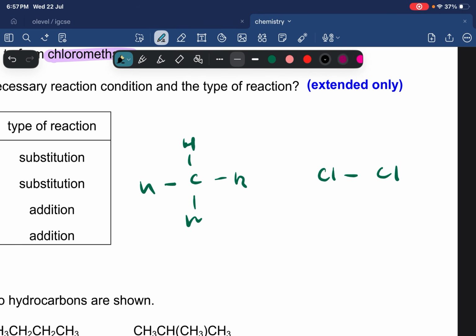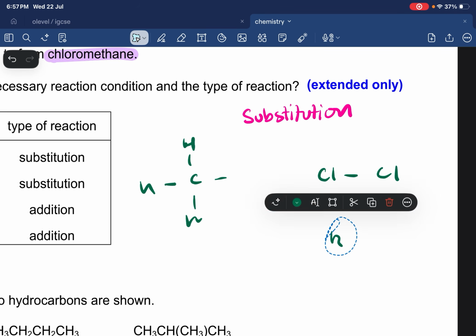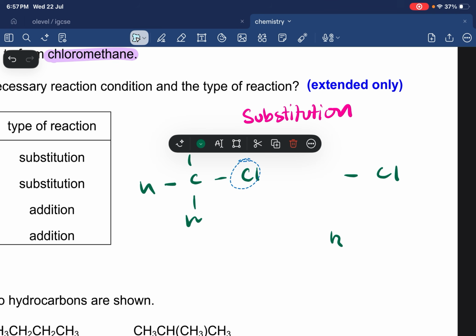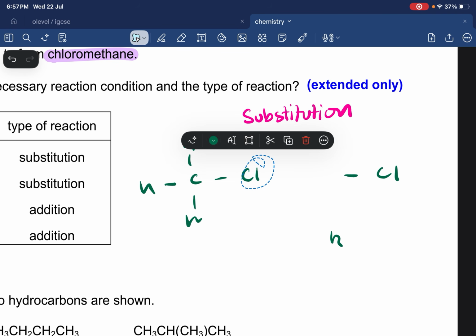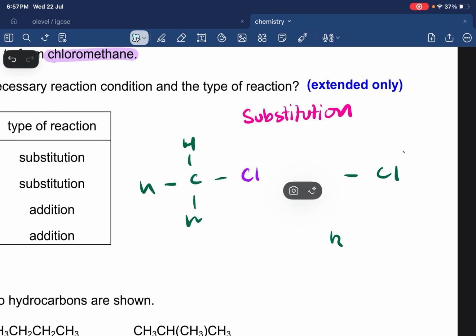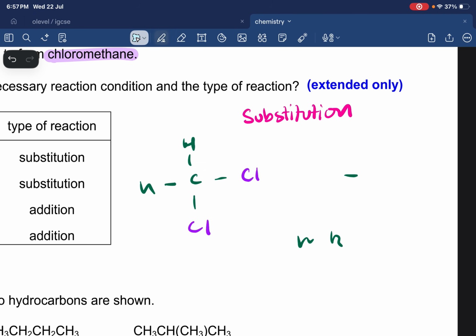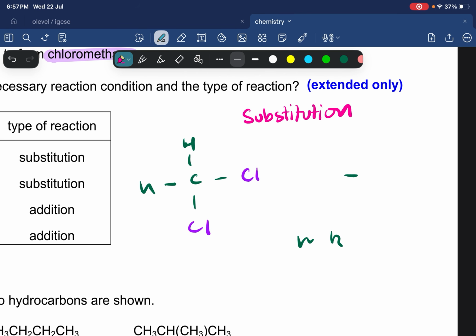The name of the mechanism is free radical. Just forget the free radical. Remember the substitution part. It's going to be a substitution process. How? This hydrogen is going to be substituted by a chlorine atom. And then, if you allow the reaction to continue, this chlorine atom is again going to come here and replace this hydrogen like this. Got it? So what do you form? You form dichloromethane, and this is a